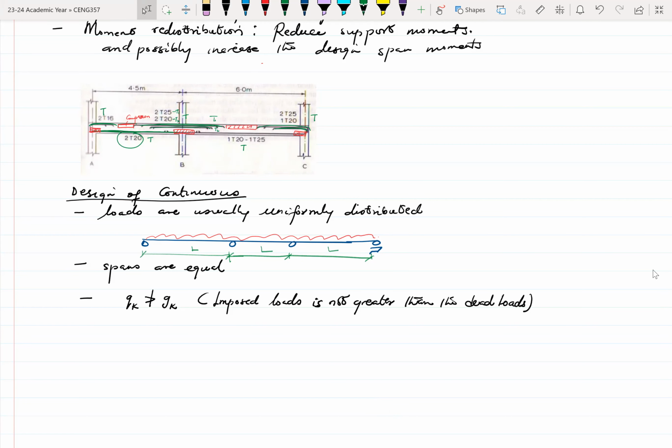So you have to choose either the three-moment equation method, or the moment distribution method, or the slope deflection equation method, or the matrix method, or whatever method,